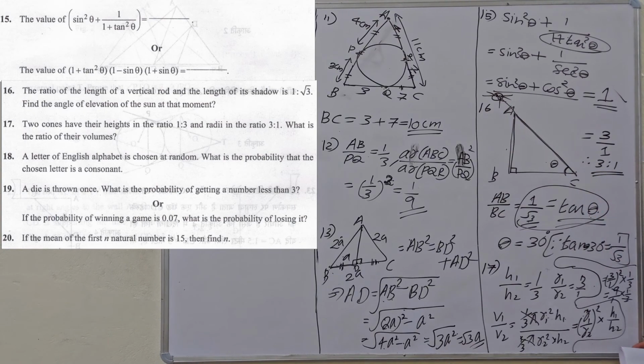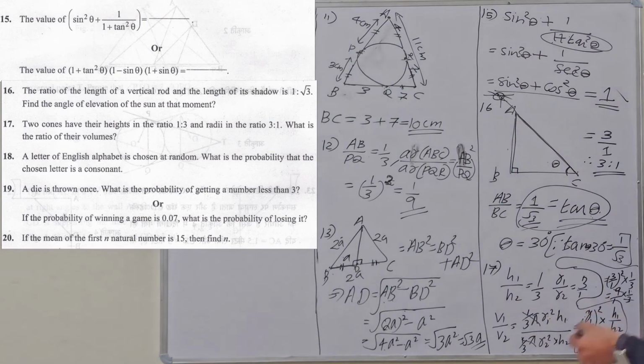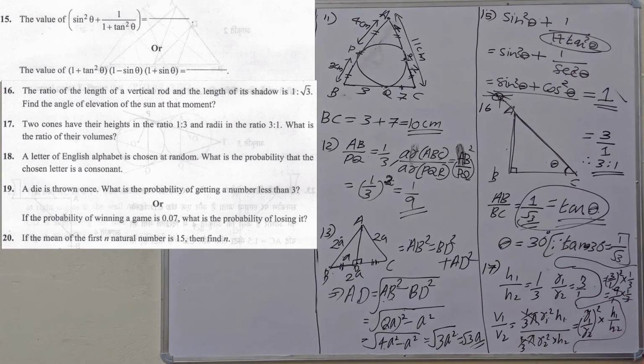You have to write like this. Okay. So this type of question is also very common in all the years. This type of question is used to ask that the ratio of the height or radius or something will be given. Or the ratio of the surface area will be given, you have to find the ratio of the volume, or the ratio of the volume will be given, the ratio of the surface area you have to find. So just practice these types of questions more, okay? One question will be based on this concept of finding the ratio of a particular quantity by giving the ratio of another quantity of the same type of solids, okay?